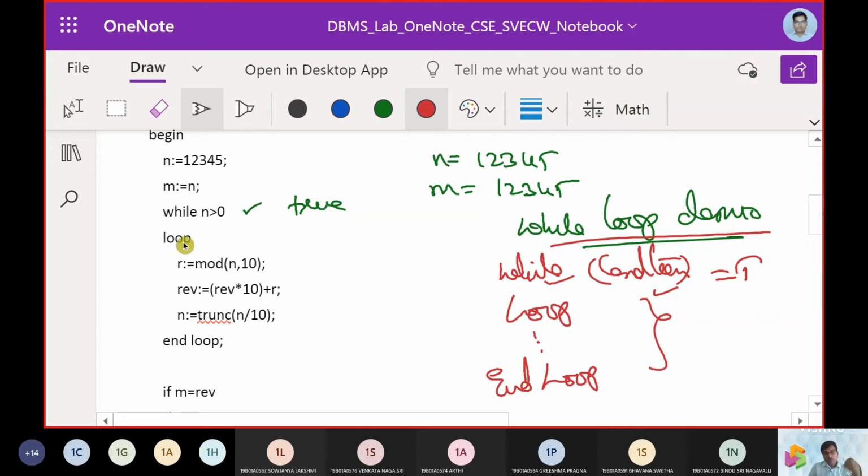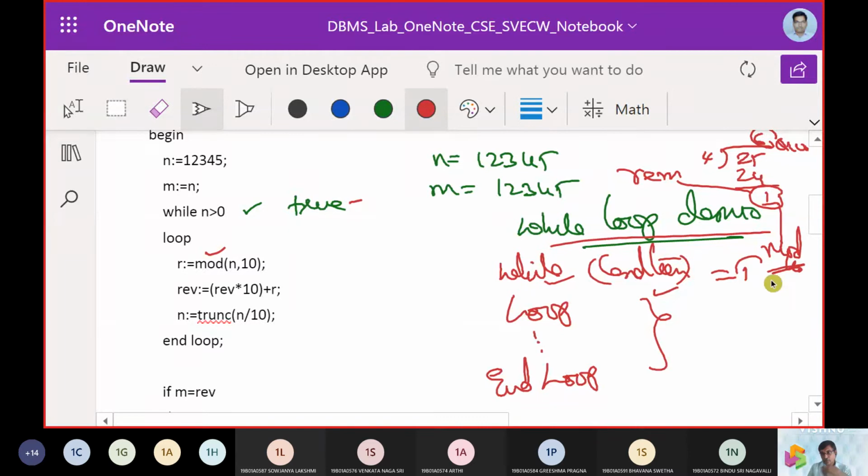Okay, so now what we are going to say: while n is not 0, that is the true part. Now I am going to use a modulo operation. If I take 25 and divide it, 4 sixes are 24, now 1 is left. This part we call the remainder, and the other the quotient. The remainder we get with mod, with modulo. So if I want to pick up the remainder part, then I'm going to use modulo. So r is equal to mod of n comma 10.